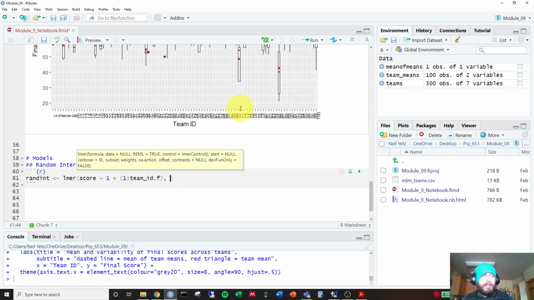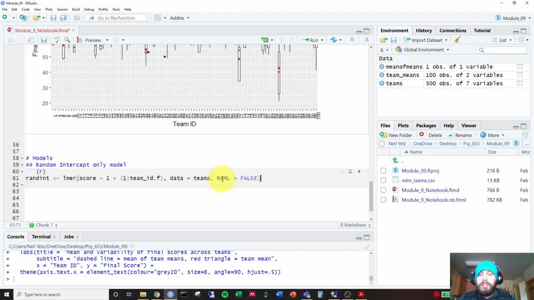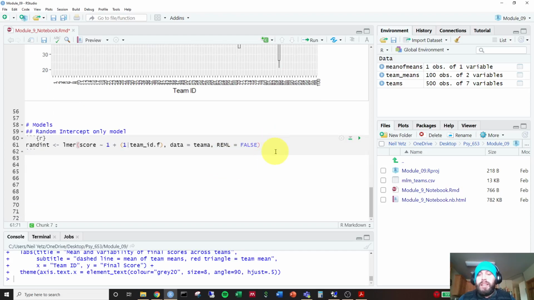Then we can do comma data equal teams, and then we do REML equals false. So we have the most simple things. This stands for restricted estimated maximum likelihood. We're saying that no, we want just the maximum likelihood estimate, not the restricted estimated one. Then we do summary